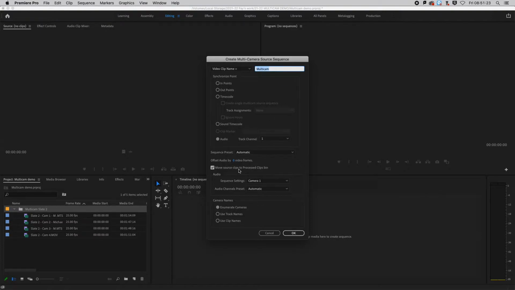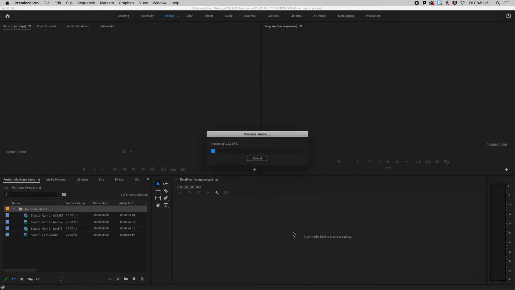It will then open up this dialog box, which allows you to pick where you want to actually synchronize. So if you've got particular endpoints and you've already set that up, you could do it within endpoints. You could do it with a time code if you had used a time code. We're going to actually synchronize with the audio. So we've got one of the clips which has recorded good quality audio, and we're going to sync everything to that. So we click on audio and then we click on OK,